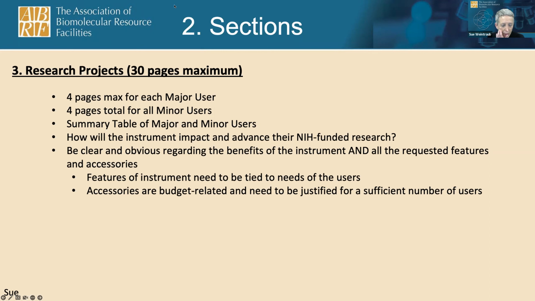Minor users, it's important to show that there are people who, you don't have to have minor users, I'll say that, if you have enough major users. And we're not going to go into the percentages of NIH use. It's a complicated system where you need 3 major users and 35%, et cetera, but we'll be happy to discuss that later if you need. And then minor users, they should each be listed with their name, affiliation, and funding, and a very brief description of what they're going to be doing.